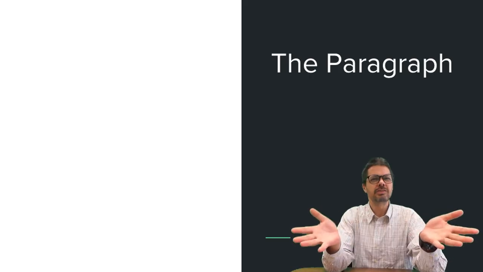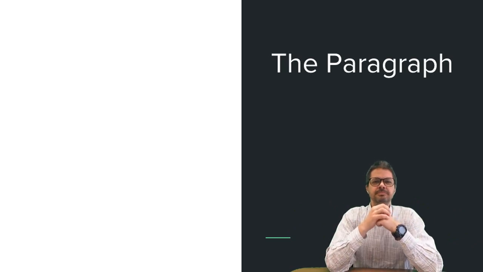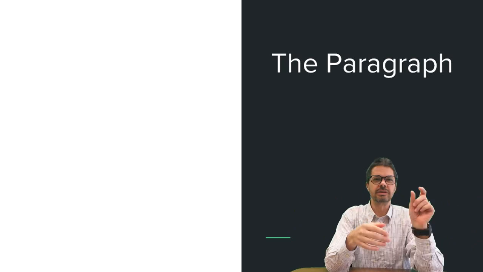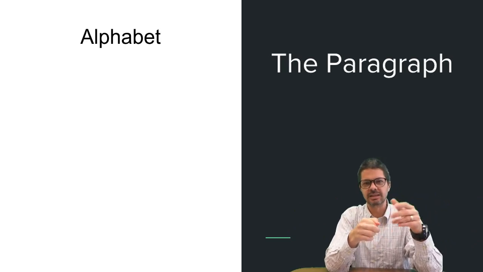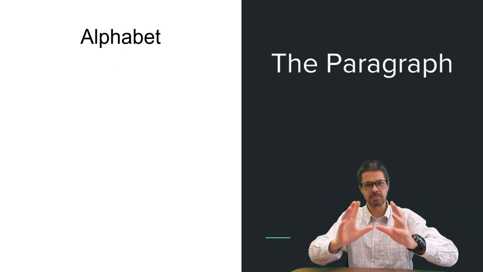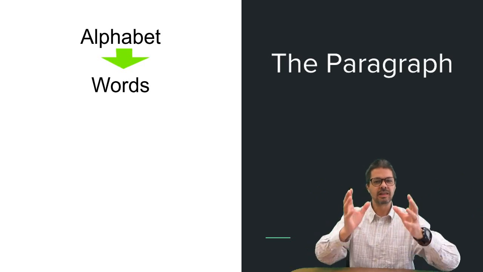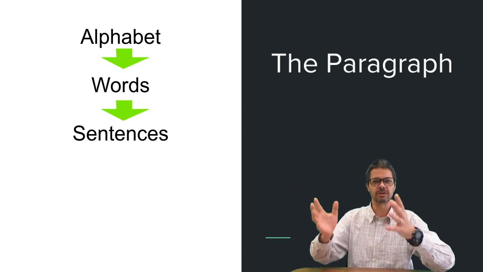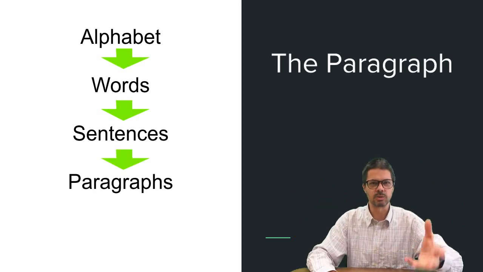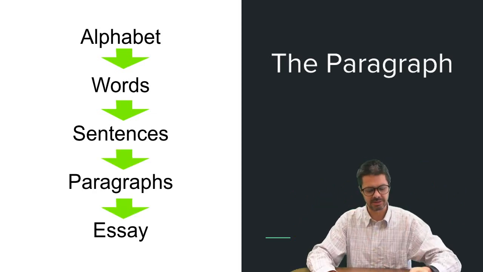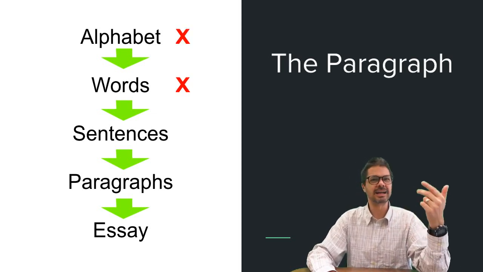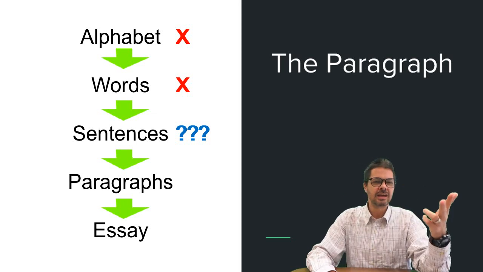Okay, now let's talk about our writing structure. First, start off simple with the paragraph. You can probably break it down very simply. We start with the alphabet, A, B, C, and then we put that together and make words. Then we put words together and make sentences. Then we put sentences together and make paragraphs. Finally, we put the paragraphs together to make the essay. But I'm sure you know the alphabet, your vocabulary is probably fine. Sentence stuff, we'll go through again and again, but not today.